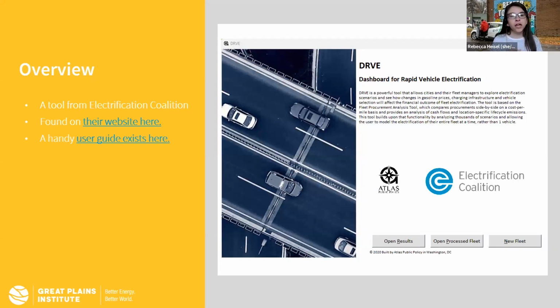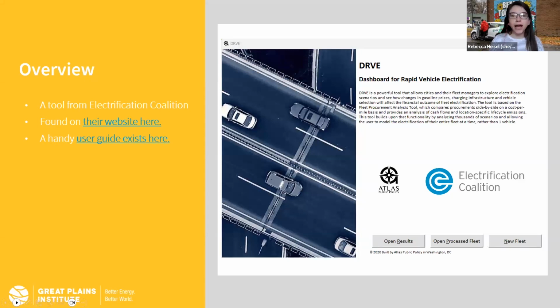And to use it, we have a link that you can follow here. Lindsay will also put that link in the chat. And as I've said a couple times now, it is on our EV Smart website. That link will direct you to the Electrification Coalition's website. And once you're at that website, it'll provide a spot where you can download the spreadsheet. And to use the spreadsheet properly,